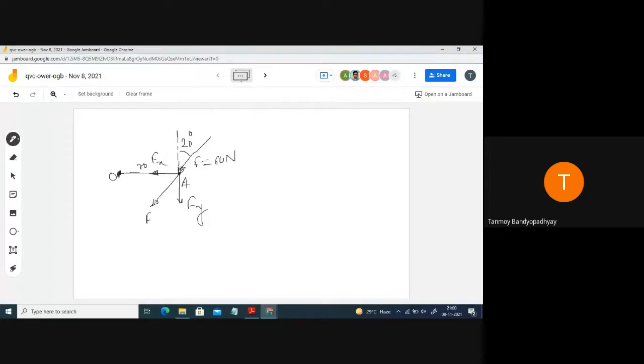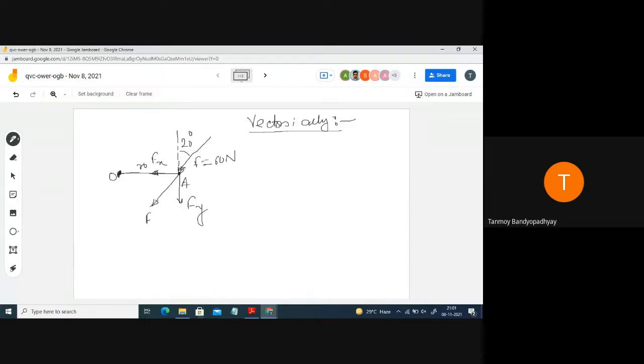So let's do it in the vectorial form. We will be doing all the problems vectorially. It's better. Why? Because once we switch to 3D problems, you will understand why vectors are more important. Once it's a 3D problem, things become more complicated, and if you are working with the vector form of the force, that will make things easier.